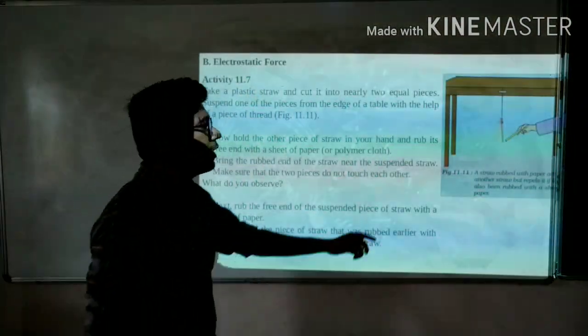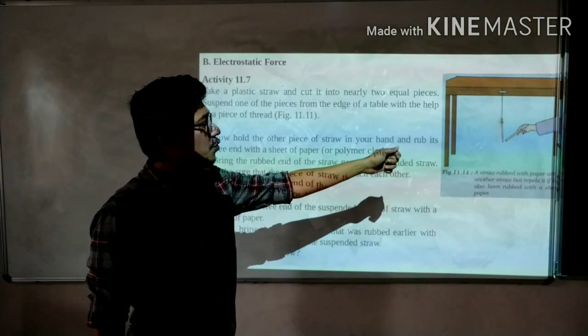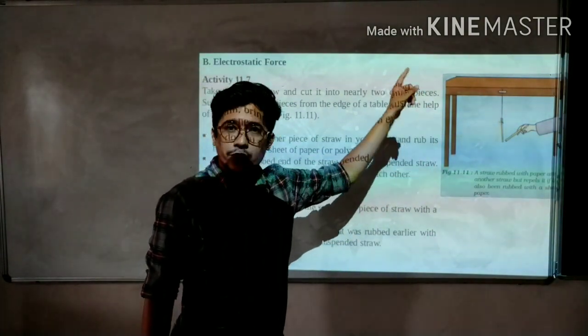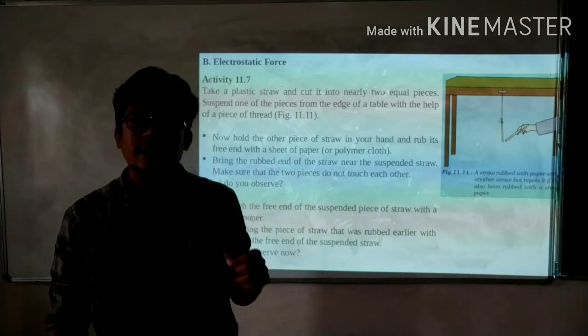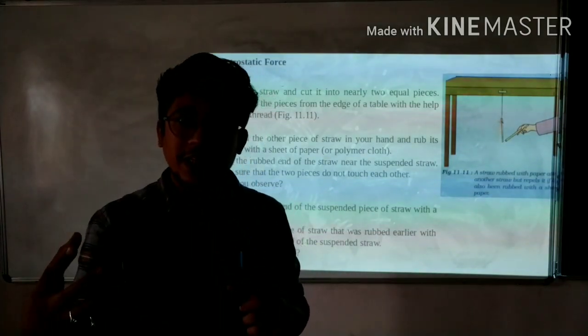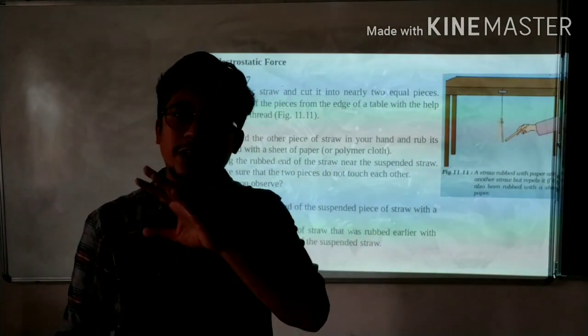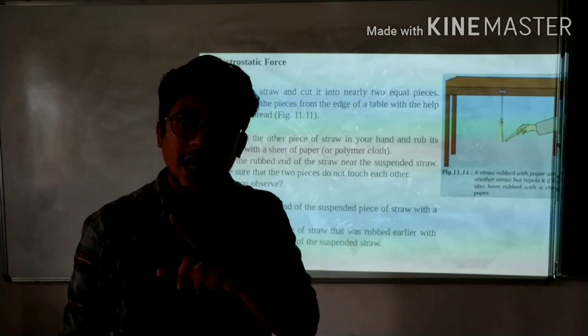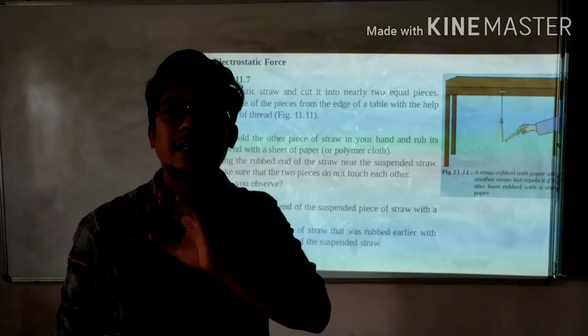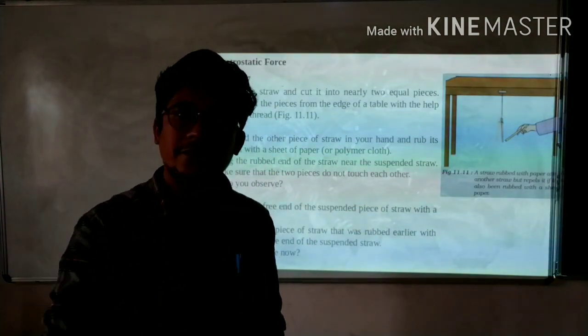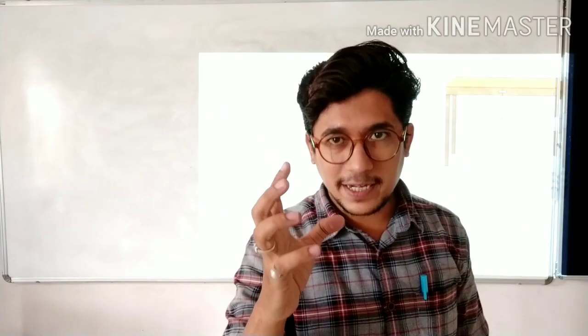So when you take that straw closer to the straw which has been hanged, one is positively charged and the other has no charge. So that is how they will attract each other. In the same way, a magnet attracts a nail of iron.